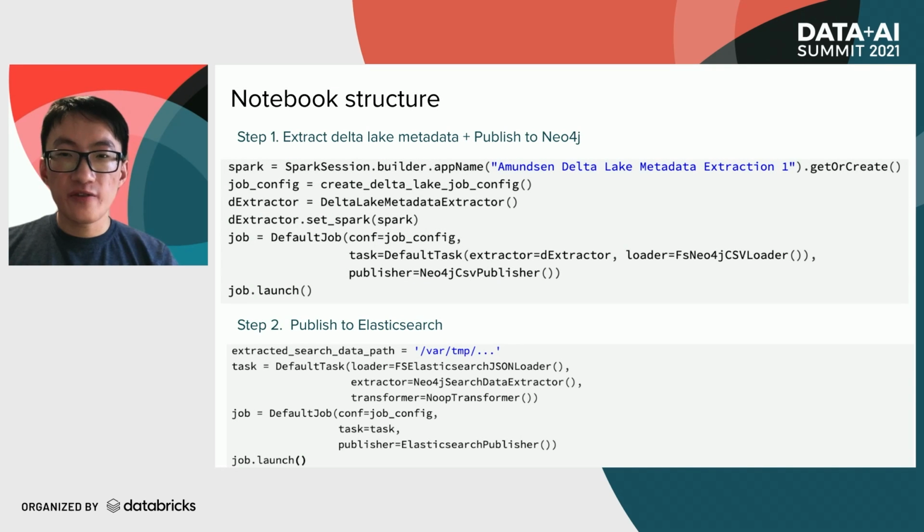After we have a fully functional structure, we just need to chain it with the Neo4j publisher and the Elasticsearch publisher to publish the data. There are two things worth mentioning here. We use the Neo4j search data extractor to extract information from the Neo4j database and build the Elasticsearch index from there, which means that we don't need to snapshot Elasticsearch as long as our graph database data is safely backed up. Second, when we publish data, we will tag them using today's date, which can save us a lot of trouble when cleaning up stale data later.